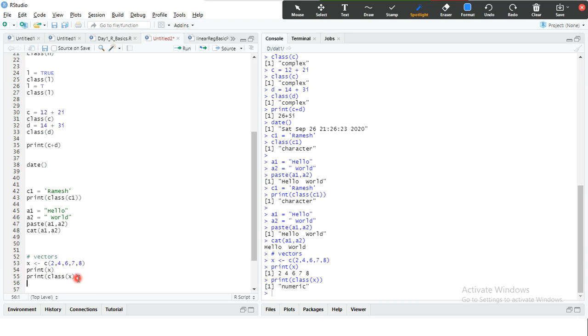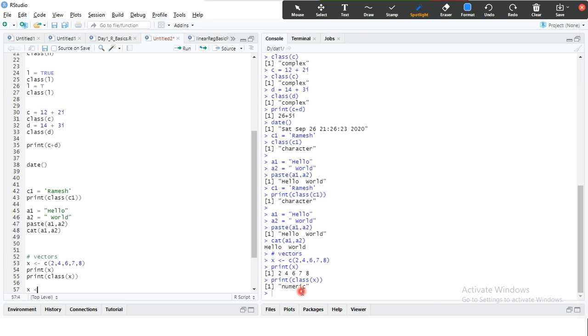And class of x, yes, look here, print of x, it displays all these values, 2, 4, 6, 8. Okay, and this vector is also like a one-dimensional array. You can store only one data type at a time, right? You cannot assign multiple data types. It is a homogeneous data type.